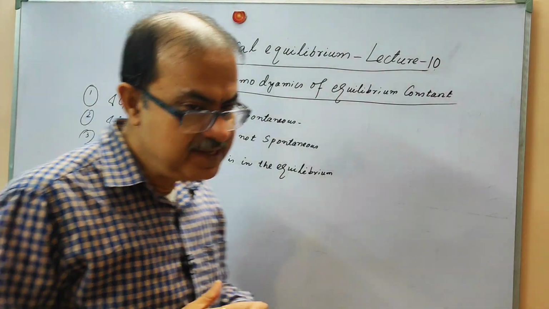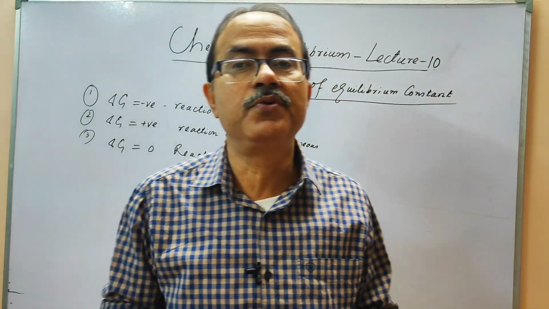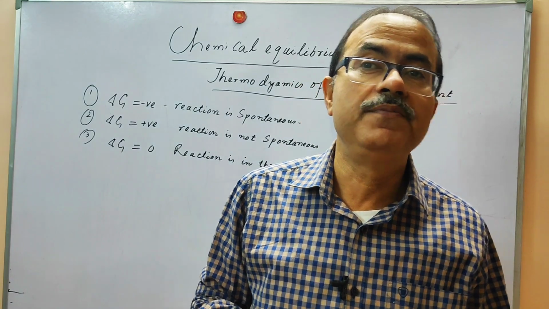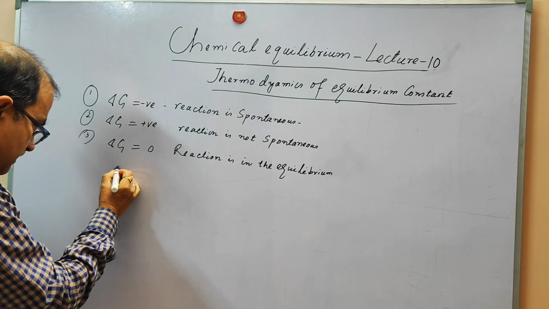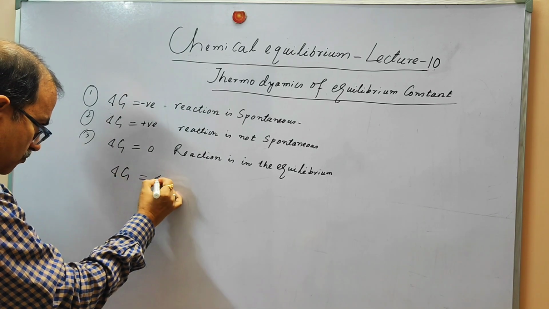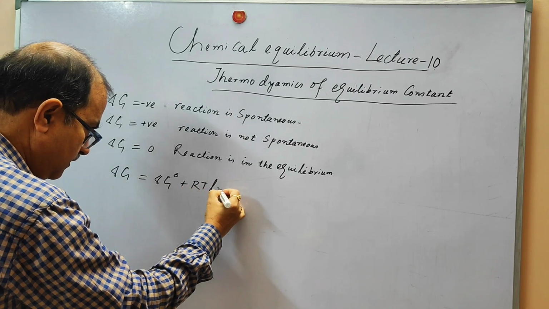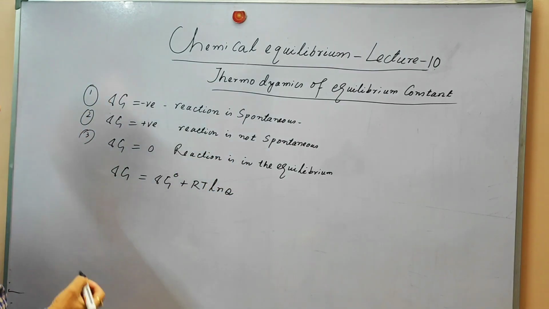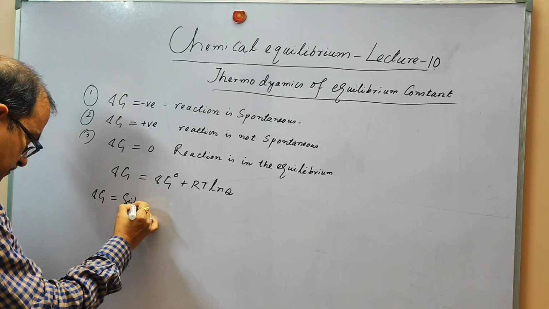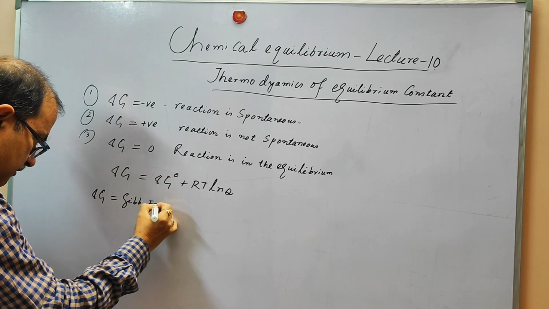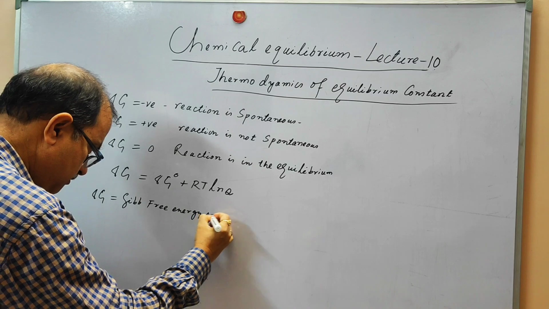And there is a mathematical expression of this thermodynamic view of the equilibrium point. That is del G is equal to del G 0 plus RT ln Q. What is all the terminology? This del G gives the free energy change,